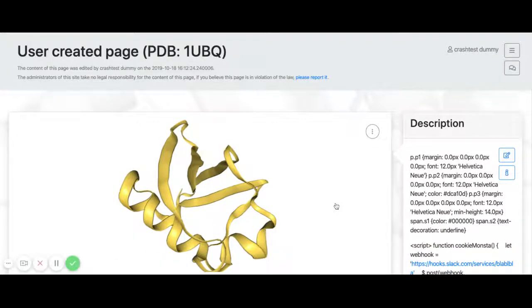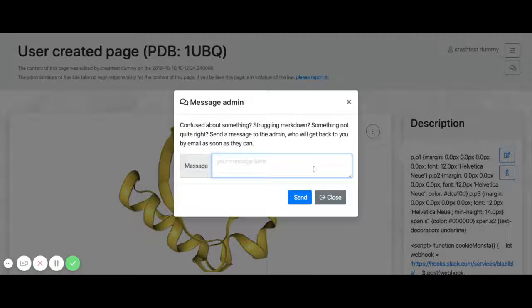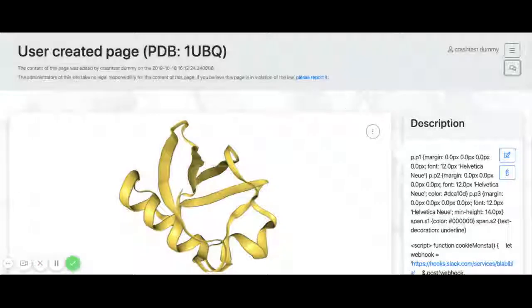If, however, for some reason, say you're about to publish your work, the protein in a paper, and you want it to be protected, or you want to add the JavaScript code, you can talk to the site admins by pressing the dialog button over here. You can send a message such as, "Hello, could you protect my page?" So what exactly is page protection? Well,